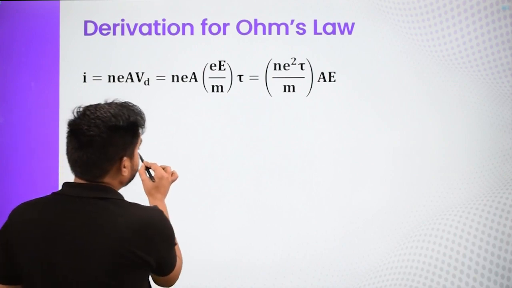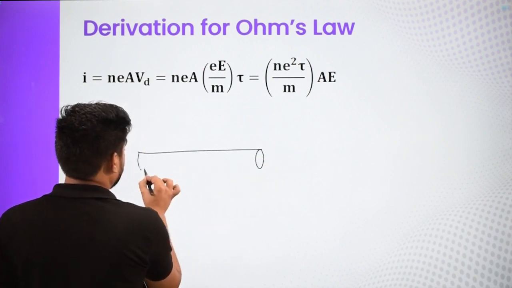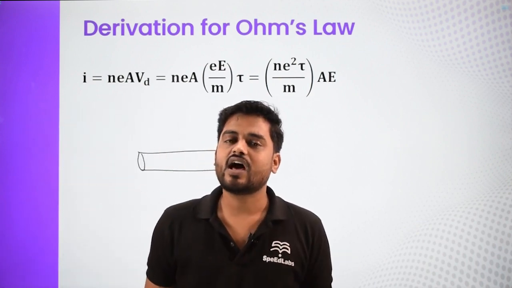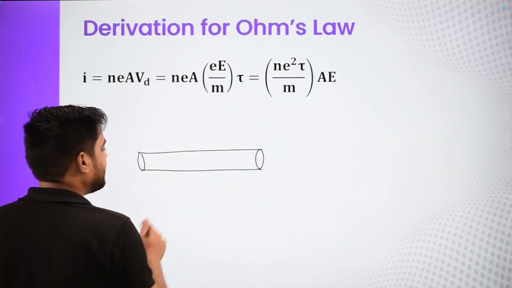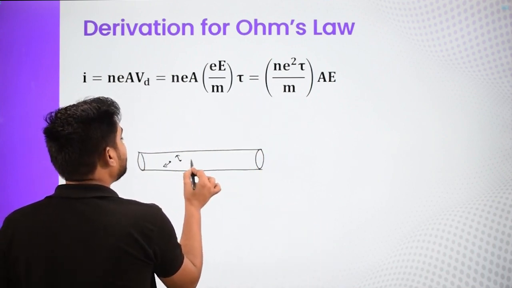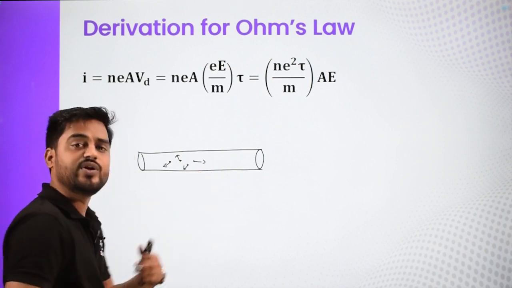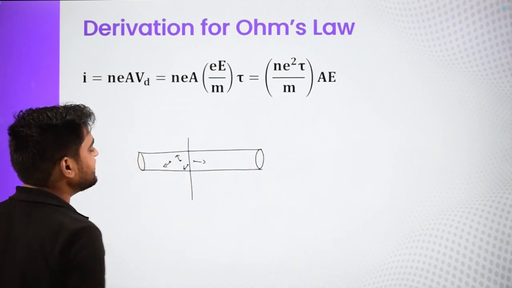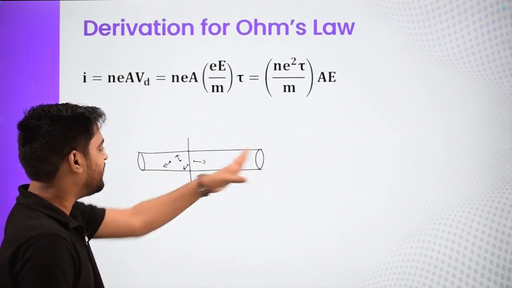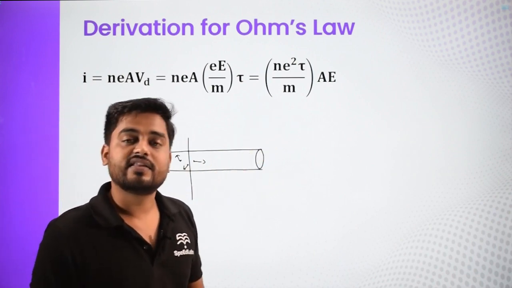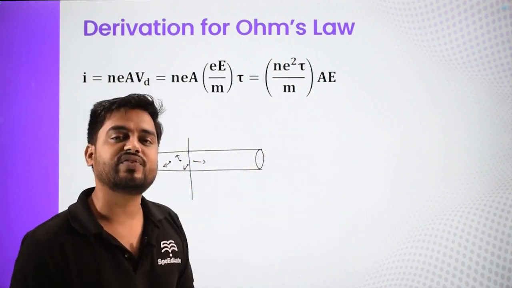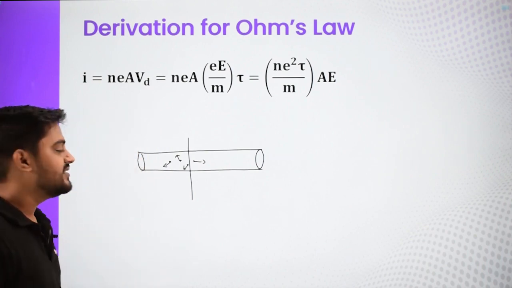So, let us talk about a piece of conductor. Now, in this piece of conductor there are a lot of free electrons, and these electrons are moving freely in random directions and doing collisions. But overall, if I take this cross section, the number of electrons going that way and the number going this way is the same. Hence, there is no net flow of electrons through this area of cross section, and the current is zero. So, initially in this piece of conductor, electrons are just randomly doing zigzag Brownian motion and there is no flow of current as of now.